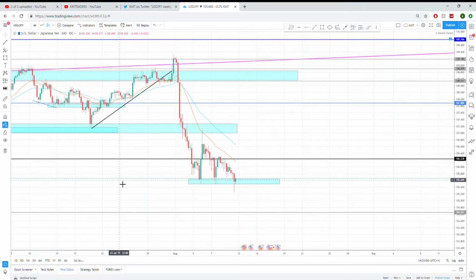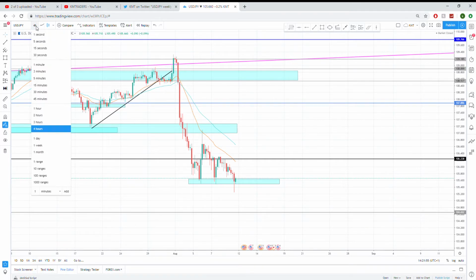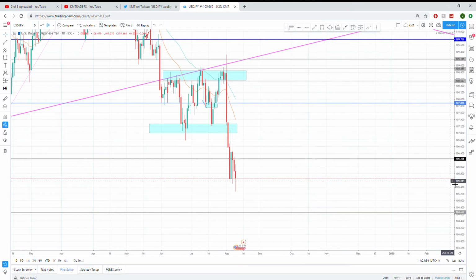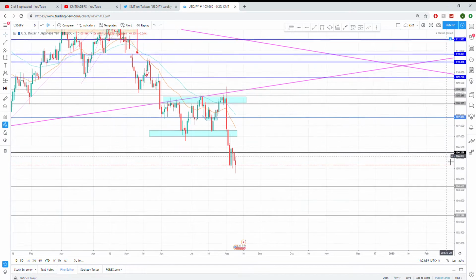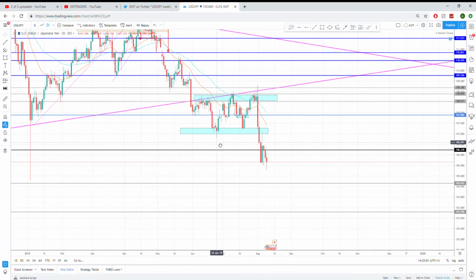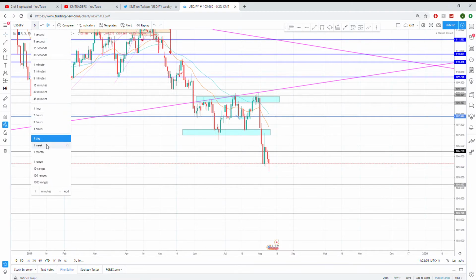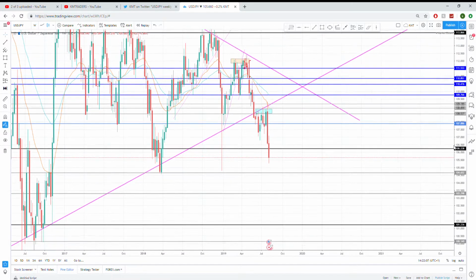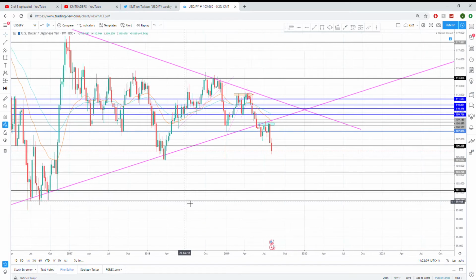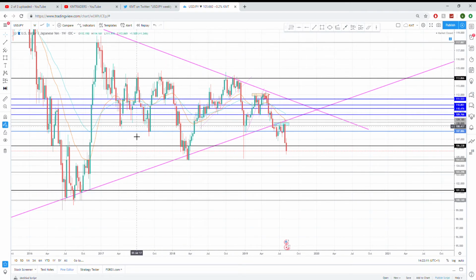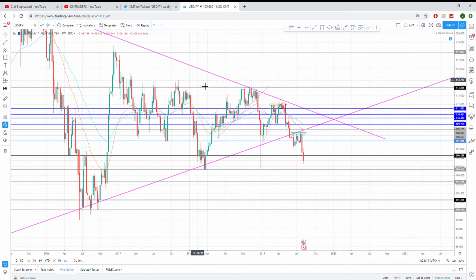Okay, so for this week, what I will be looking for. I'm going to step it to the daily here. I'm just going to show you what we are looking at in the long term. Okay, so actually we'll step it to the weekly just for a bit of overview. If we look at this channel, we've got a wedge pattern here, basically in the purple that I've drawn here,